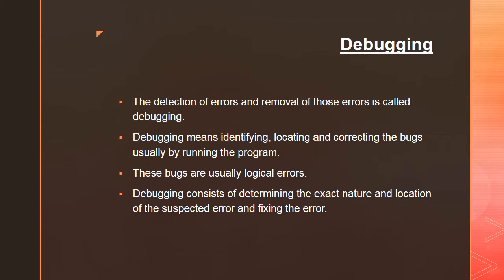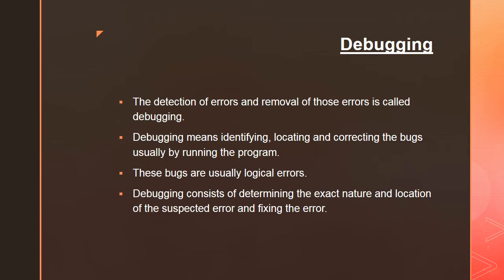So removing all kinds of bugs or errors from the software is known as debugging, and it is considered to be one of the most complex tasks, because we have to resolve all the errors at all the stages of the development process. And one more thing you should understand here, students, is that there is a difference between testing and debugging, because in testing we are just finding the errors. These testing processes are conducted by the testing team, so they are just finding the bugs or errors.